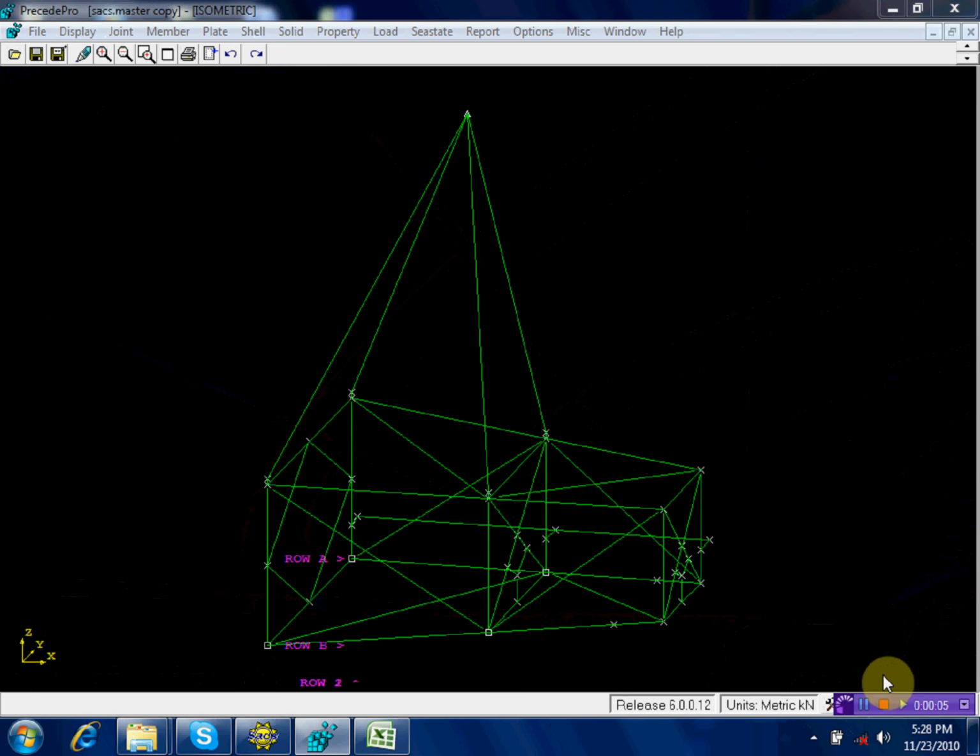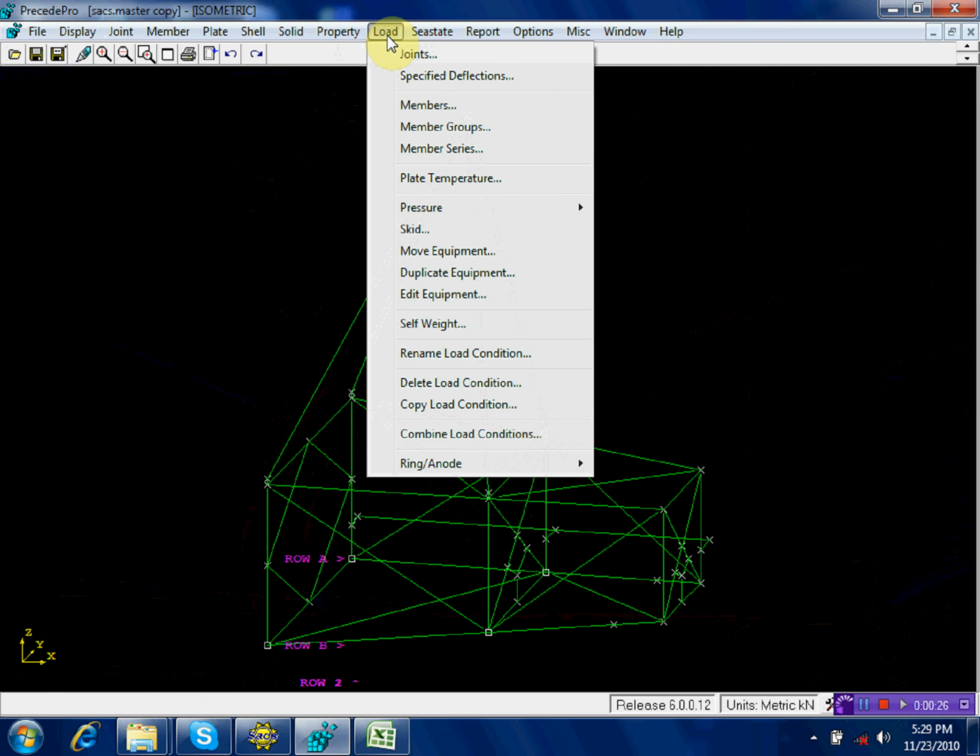No COG shift. And then after preliminary analysis, we have now the weight of the pad I. So we will add weight of the pad I here, at this joint, and at this joint. Okay? So we will add the load under GC key. Load,